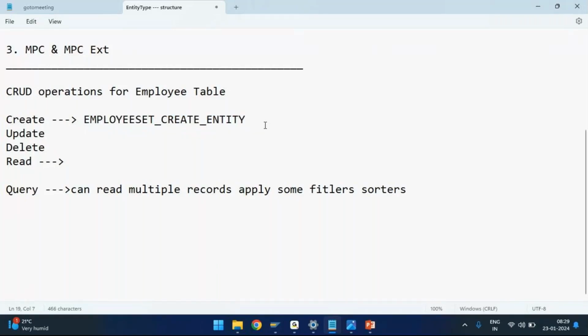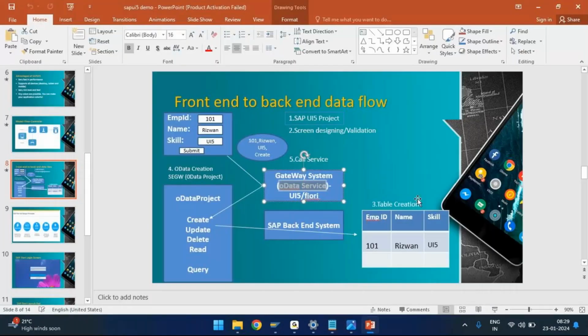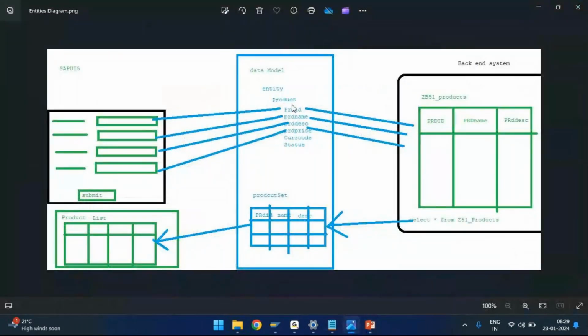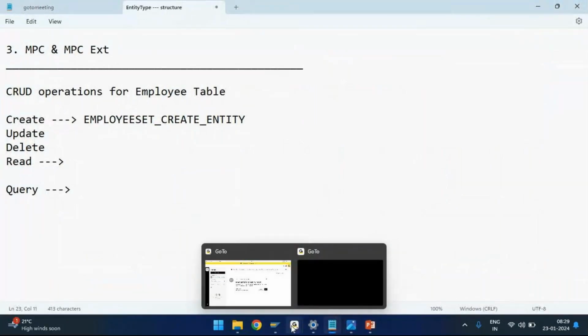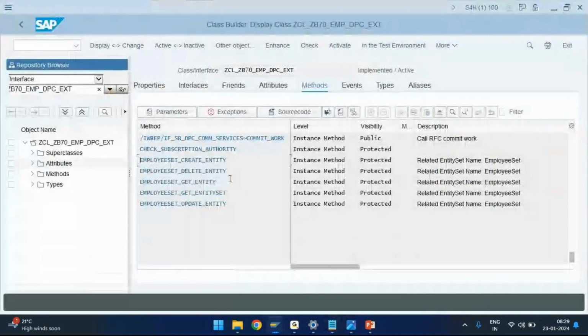Now, immediately one question that should come into your mind: let's say you have a project table. There is another table, the project table. Where do you write the logic for creating the record in the project table? When you have a project table separately, then you will create another entity. This is an employee entity. Then you will create another entity called project entity. When you create another entity and generate the runtime objects, at that time your DPC extension class will generate another 5 set of methods